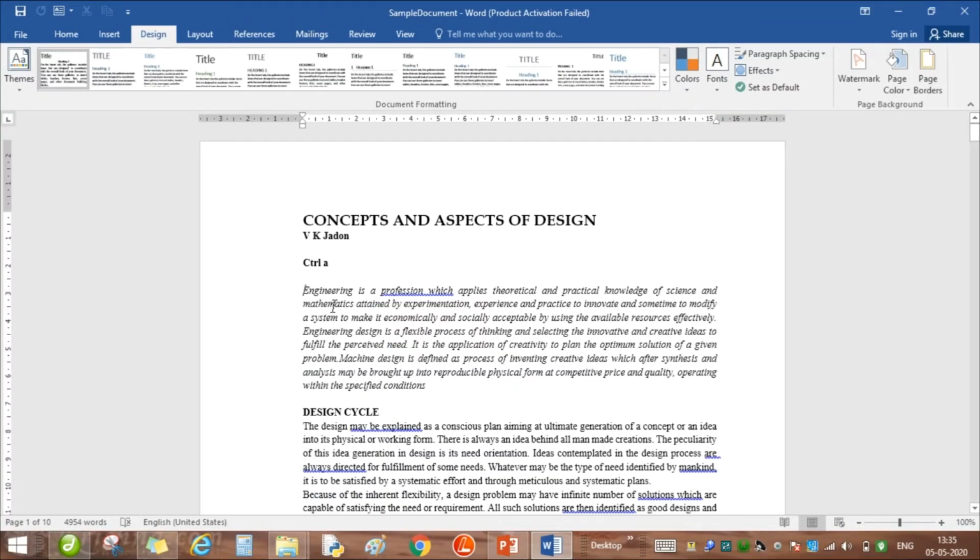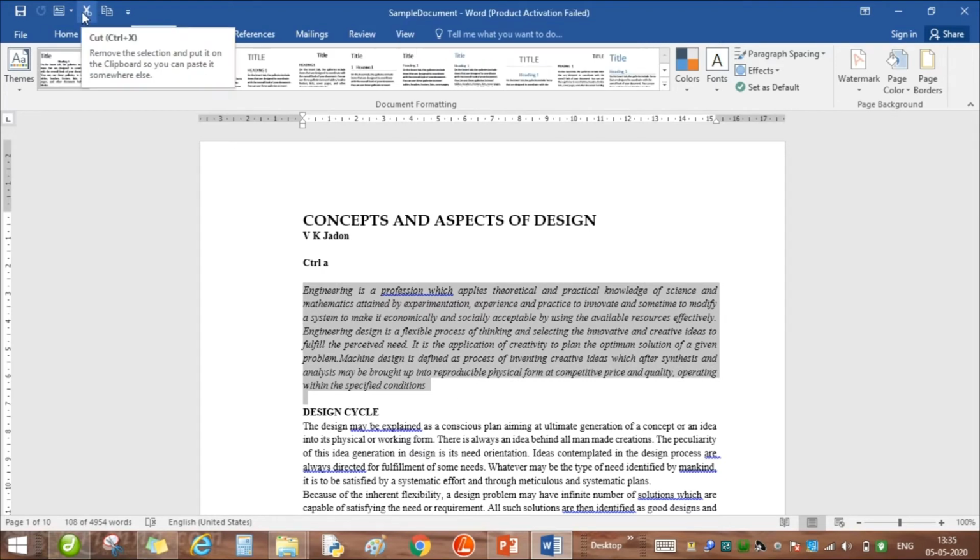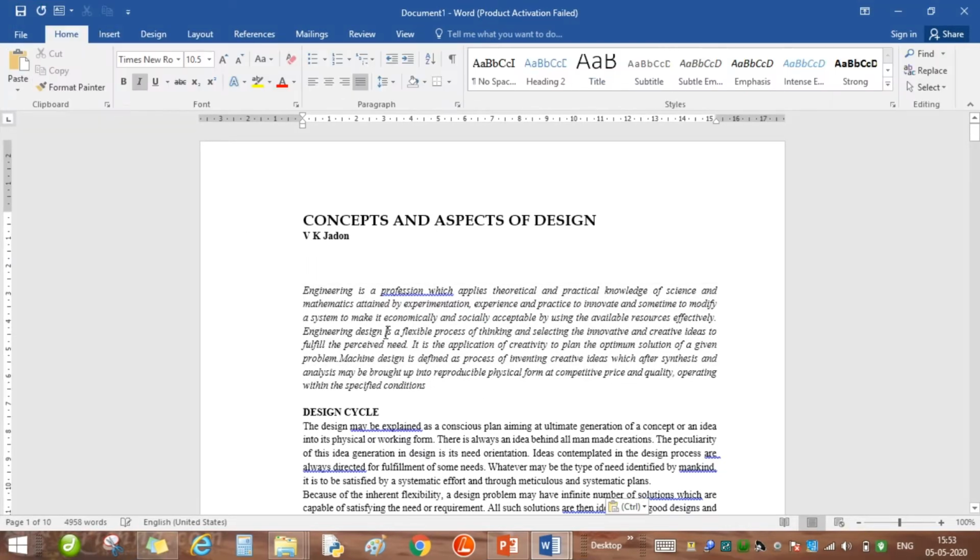So whatever we have added appears on the Quick Access Toolbar, and we can make use of it. Rather than shortcut keys, if there is something we are using very frequently and it is not possible to assign a shortcut key, then we can put it there on the Quick Access Toolbar as another way of shortcut for our document and the commands to follow. And let us begin our styling.